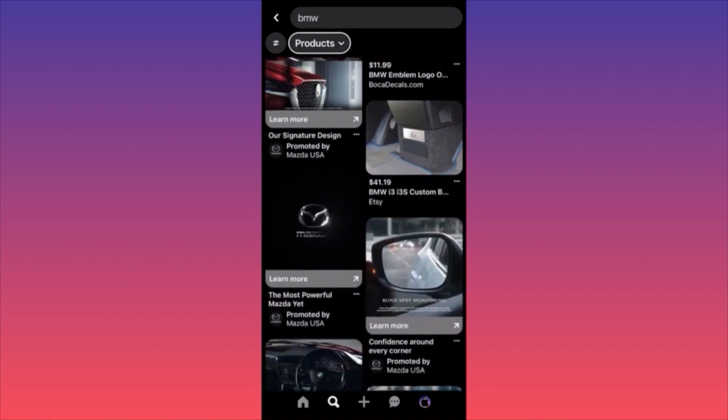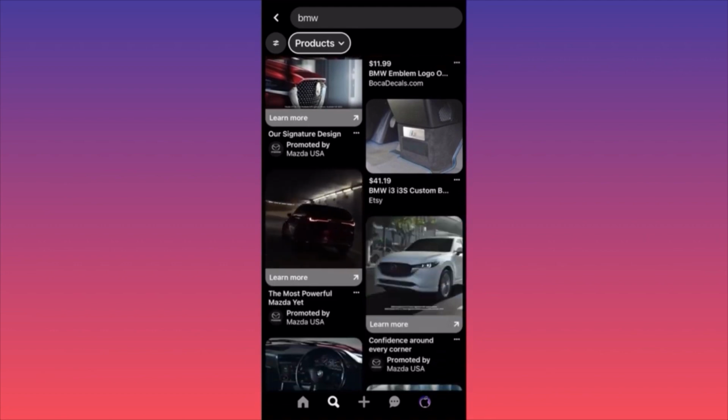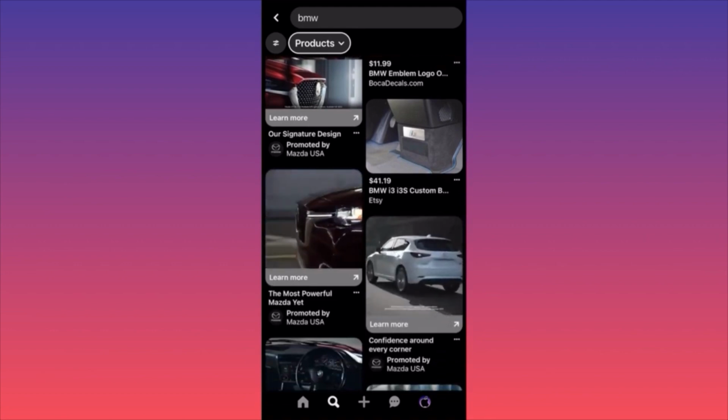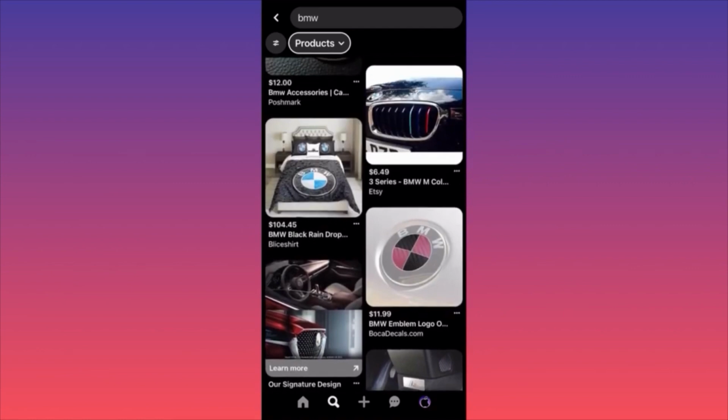Just pick the product, pick a service. If you have a product, if you have a service, just go over here, do your research and due diligence, filter everything by products. Don't lose your time watching videos and pins and stuff that are not related. They're not gonna give you straight up information. You wanna come over here and type in the search bar the product or niche or genre or industry,